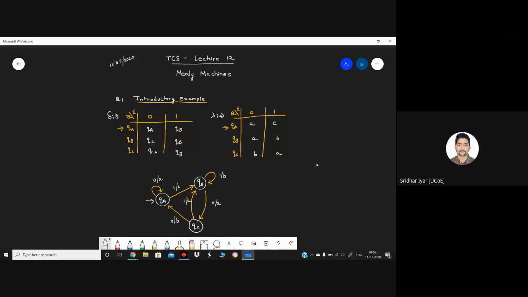Let's start today's lecture with a slight revision of what we had done in the previous lecture, because I guess there was a gap of 2 to 3 days in between. So let's kindly recap what we had done in the last lecture. We had seen what exactly are Moore machines, what is the difference between a Moore machine and a Mealy machine. We had also solved many problems on Moore machine.